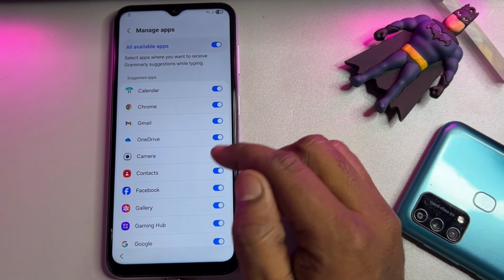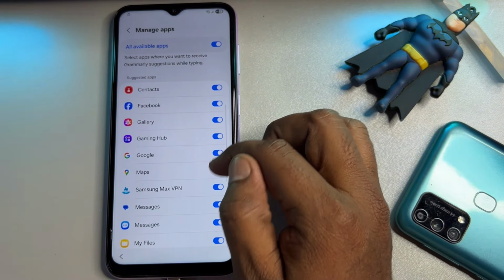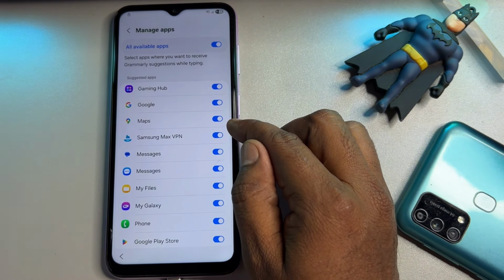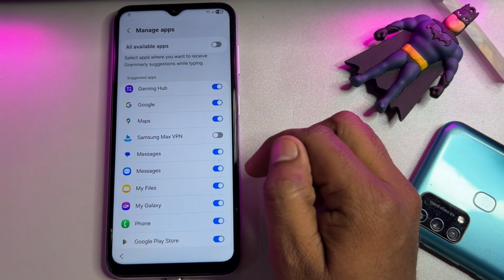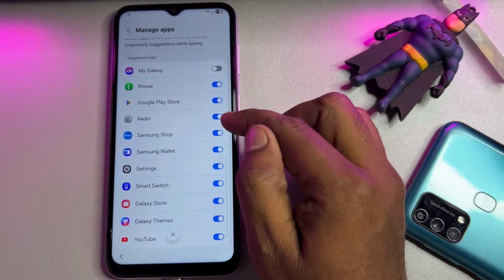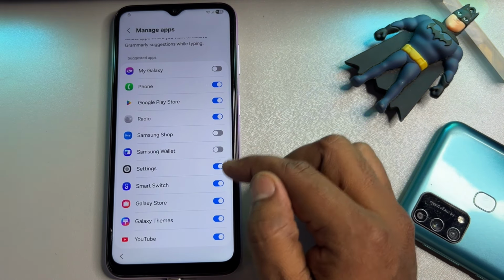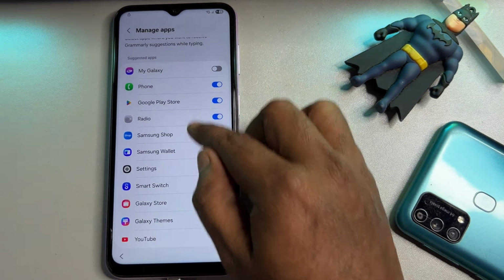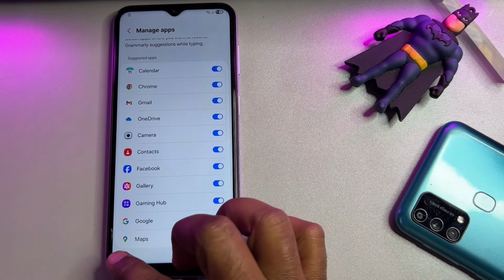Go down, and you have to deselect the Samsung Max VPN, My Galaxy, go down, Samsung Shop, Samsung Wallet, Samsung Switch, Galaxy Store, Galaxy Thing. Okay, after that, my friend, you have to go back,